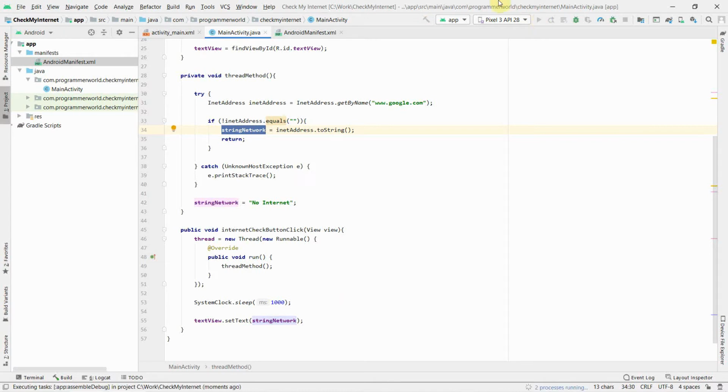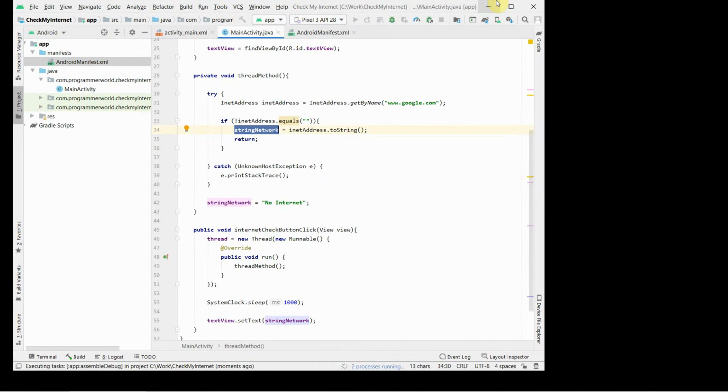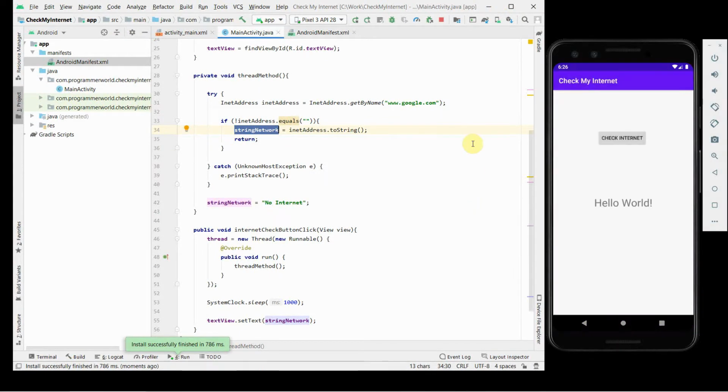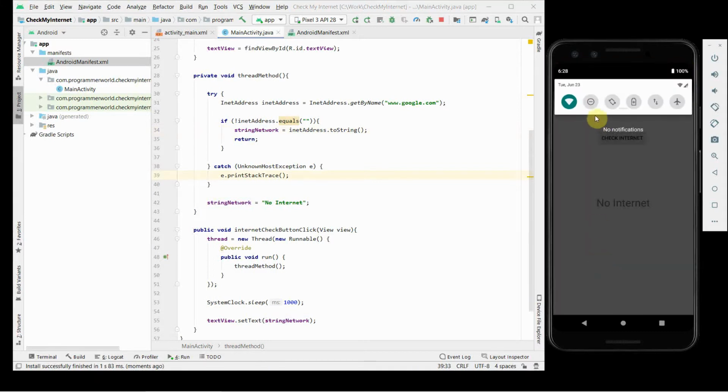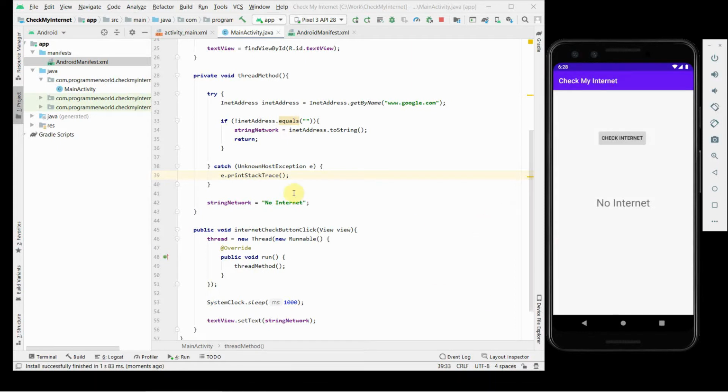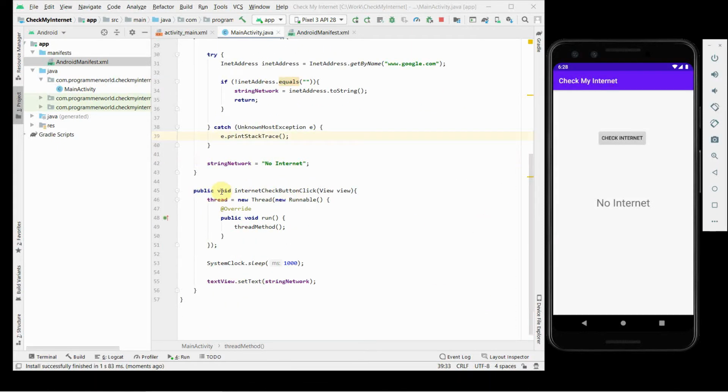I will run this app in the emulator. I'll pause for the time being. So our emulator just came up, and this is the initial layout. I just clicked here and it says no internet. Why it says no internet is probably, if I check the internet connection, it has the Wi-Fi. The data is off, but it doesn't matter, because as long as one of these is on, it should be able to access, and my PC has internet connectivity. So let's check what is going wrong in our code.